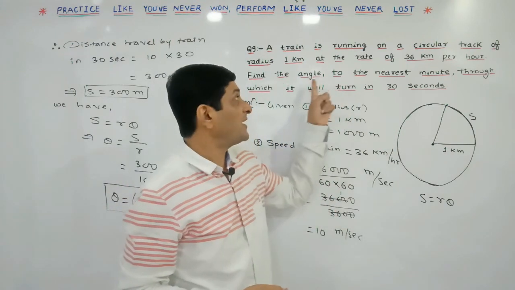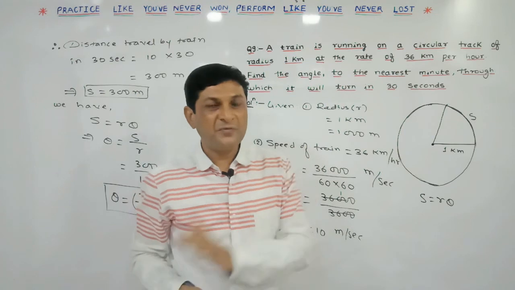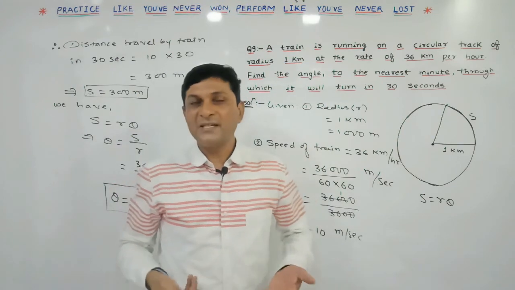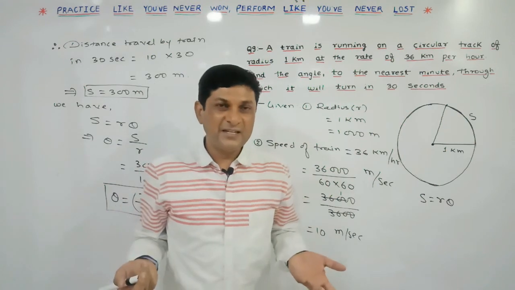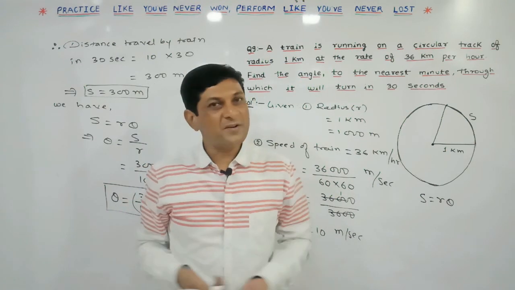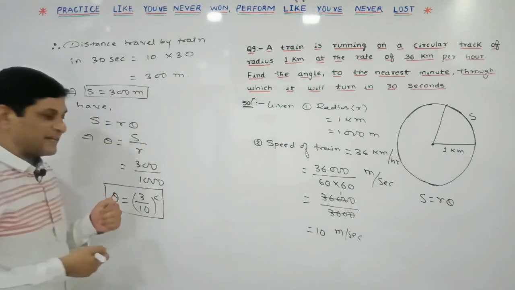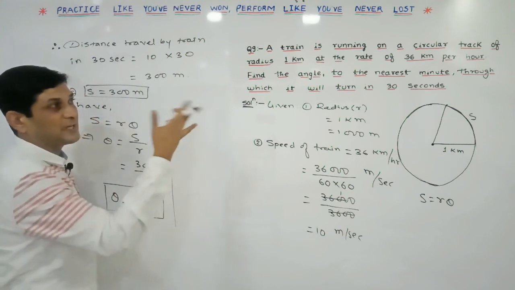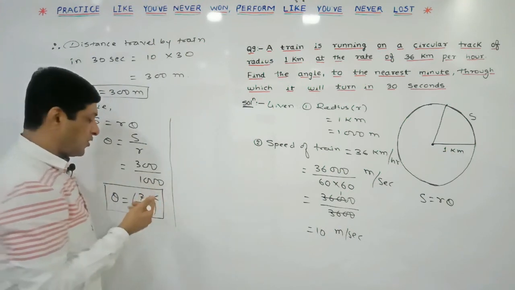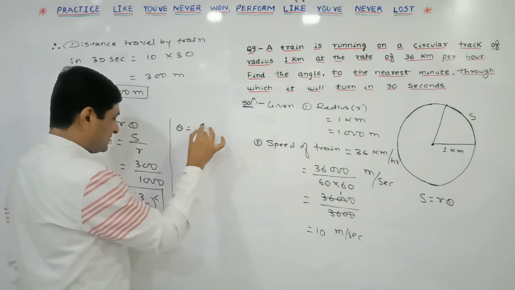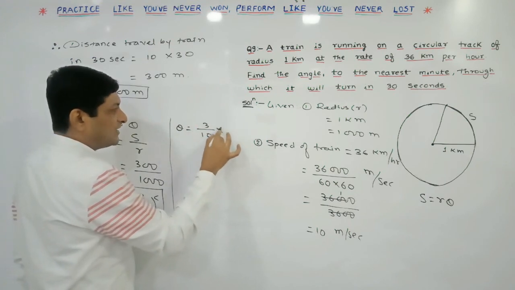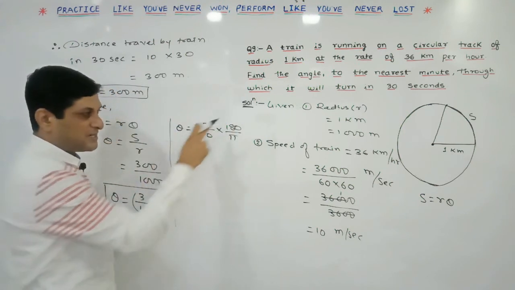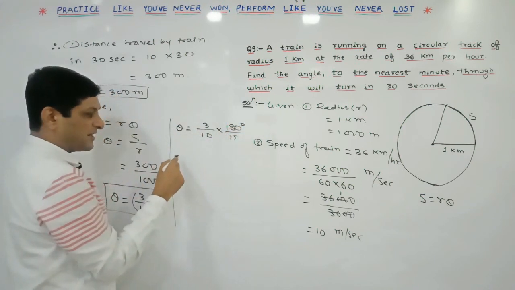And question is also to find out what? Find the angle. Here it is not given to us that find the angle in degrees or in radian. So in such cases, that is our choice, either find the angle in degrees or in what? Radian. As I said, we have got the angle in radian. If you want to convert it in terms of degree, here question is not asked to convert it in terms of degrees, but if you want to convert it in terms of degree, just multiply to 3 by 10 into 180 upon pi. We know that if you are multiplying by 180 upon pi, radian will get converted into degrees.